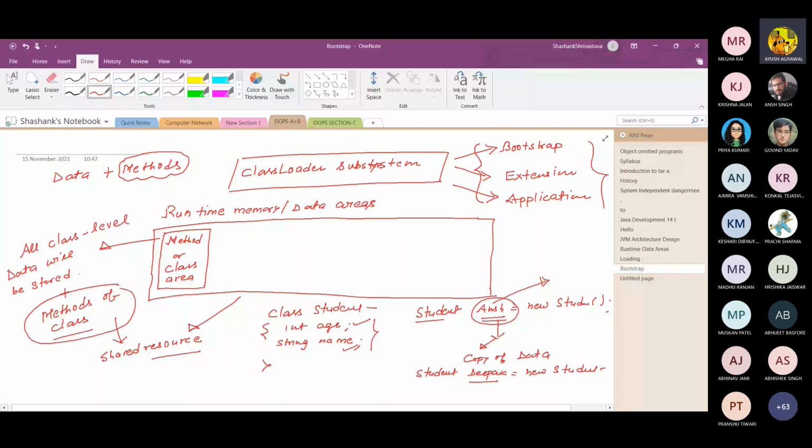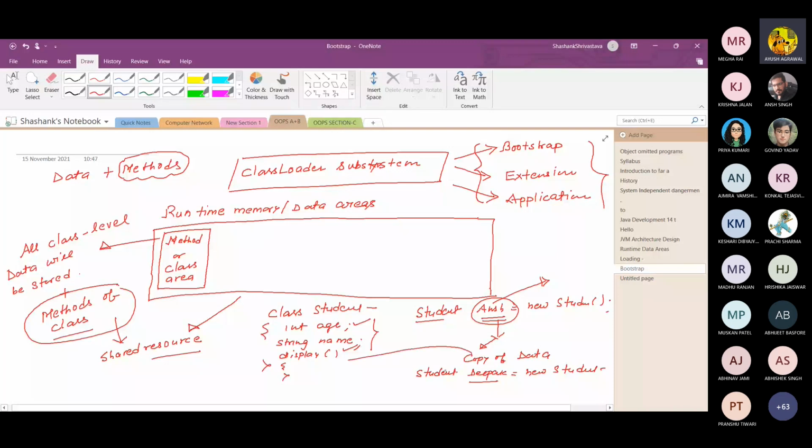Suppose there is a method like displayInformation. This displayInformation is shared by both objects, deepak as well as ansh, and these methods are stored in the method area.